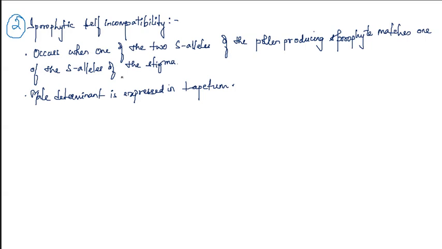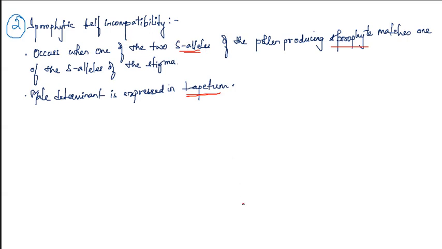Now what is sporophytic self-incompatibility? In gametophytic, we studied that the S allele was produced by pollens. Here the S alleles are produced by sporophytic tissues, for example the tapetum. When there is incompatibility in the S alleles of the sporophytic tissue, then it is sporophytic self-incompatibility. Just remember that. So in summary, what we studied is that the